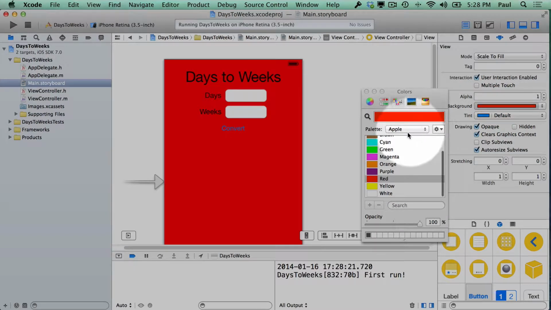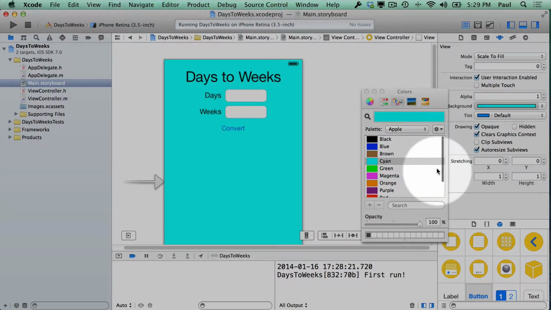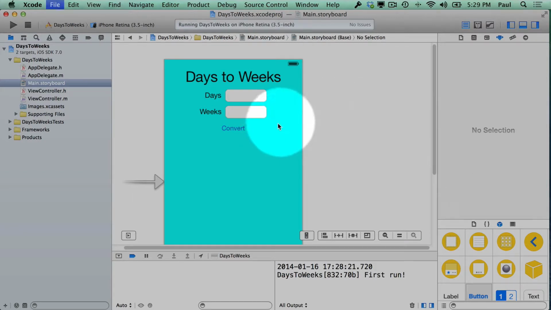It's a little bit too flashy, so let's maybe try orange or cyan. So play around with those settings if you want to customize the look and feel of your first iPhone app. Pause the video if you're still trying to catch up and rewatch any parts that you need in order to